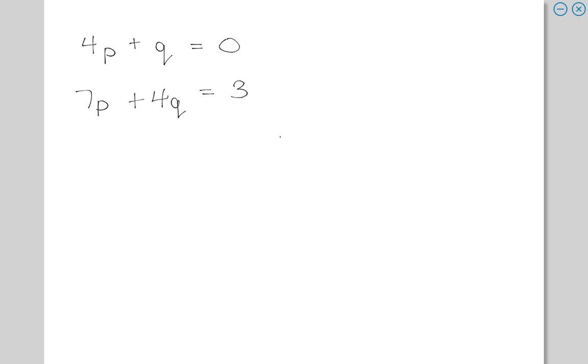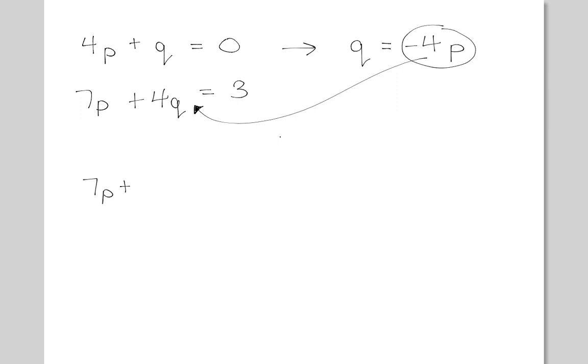So the first step, hopefully you're able to do this on your own. Q is the same as a negative 4p. And where are you going to put that value? Wherever you see Q. Okay, stay focused. So subbing in, you have 7p plus 4 times minus 4p. That all equals 3. So 7p minus 16p. 7 minus 16 is